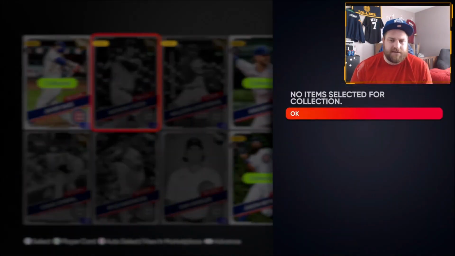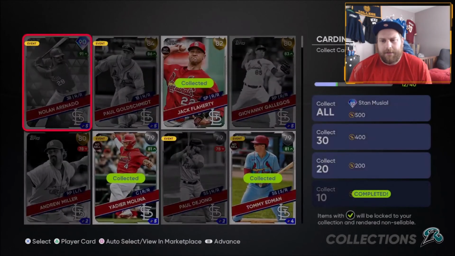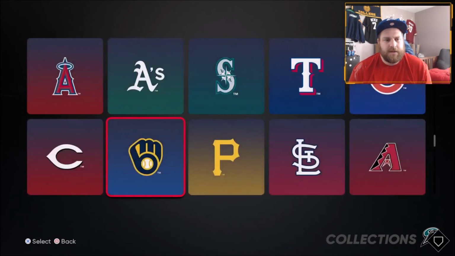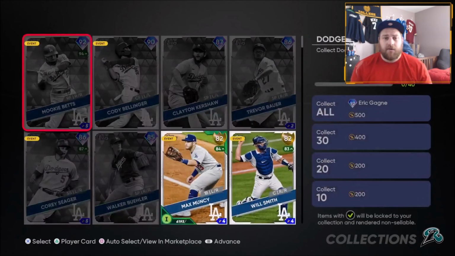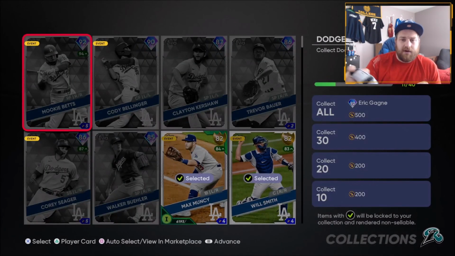But I have no items selected. So let's go to somewhere where I haven't collected the items yet. Have I collected all these teams so far? Give me 1 second. Let's see. Oh, I guess I've been doing a good job of it. So the Dodgers, right? So I can press square, I press auto select, and now I press start,